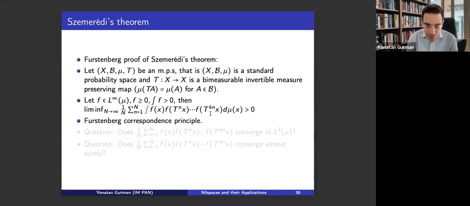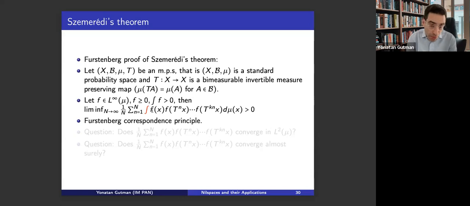So what is going on here? Conceptually, think about this as an expression counting arithmetic progressions. Of course, we are here in the context of a measure preserving system, but there is some way to go from the context of sets with upper positive density in the integers to this context of measure preserving systems.